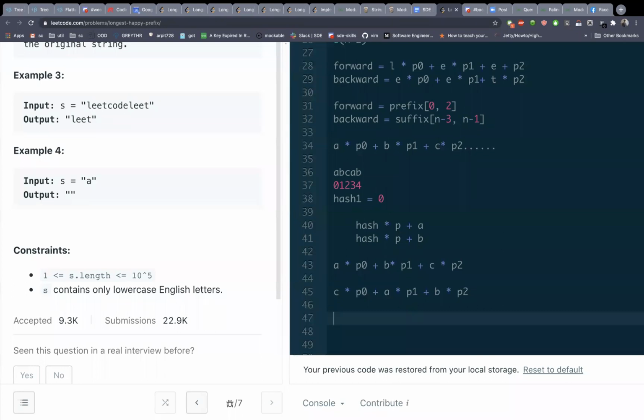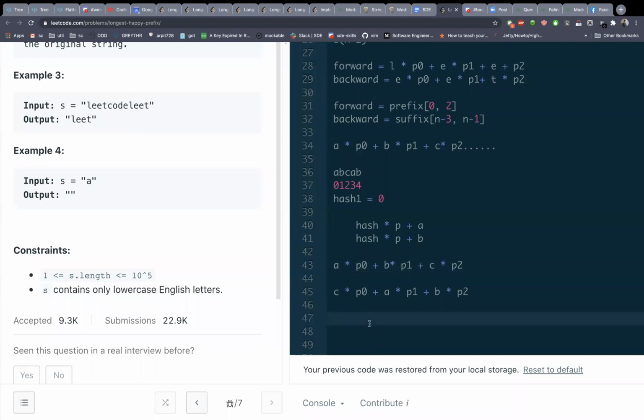Right. Hash of CAB is equal to hash of C plus P multiplied by hash of AB. That's actually the reason why we use multiplication instead of addition. If you multiply a hash of some part by p, then all the powers are raised by p, right? So from right to left... if we move from left to right, then our hashing algorithm remains the same. We use this formula to calculate the hash.